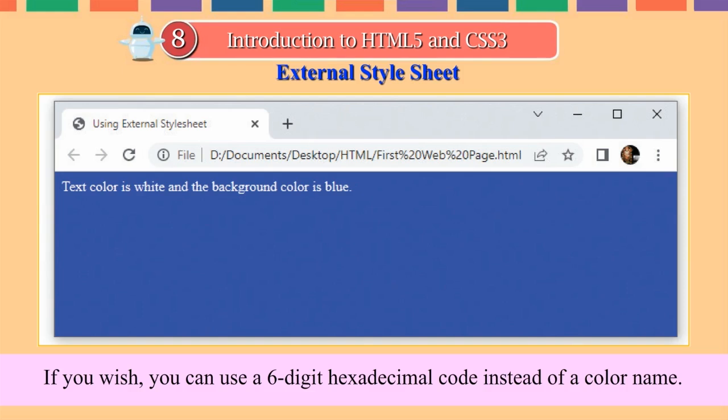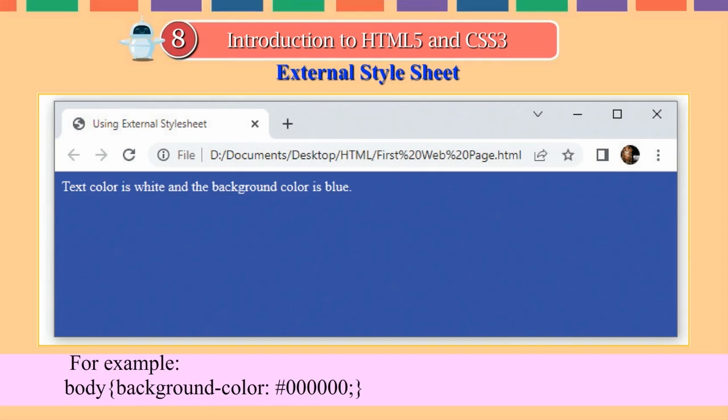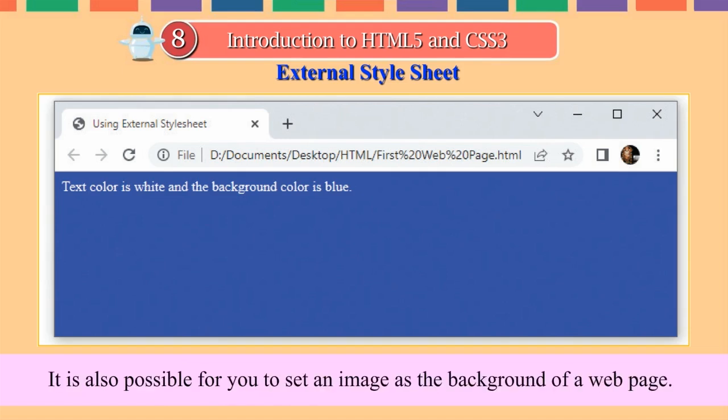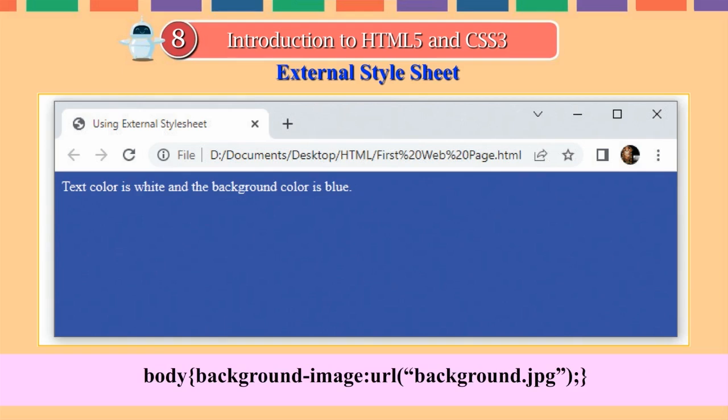If you wish, you can use a 6-digit hexadecimal code instead of a color name. For example, the hexadecimal code number #000000 represents the black color and #FFFFFF represents the white color. For example, body { background-color: #000000; }. It is also possible for you to set an image as a background of a web page. For that, you will have to use the background-image property of CSS in the following way: body { background-image: url(